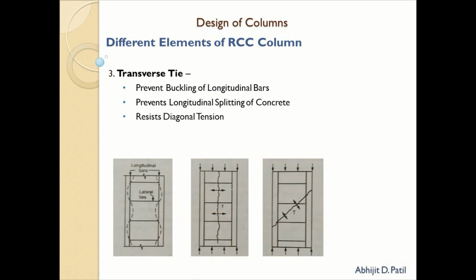It prevents the diagonal tension. So diagonal tension will occur whenever you have shear force. Shear force in the case of columns will be horizontal, and just like beams, we have seen at the time of beam shear reinforcement that it will crack like this, and to avoid this cracking, we provide shear reinforcement. In the same way, the ties act as shear reinforcement in the case of columns,